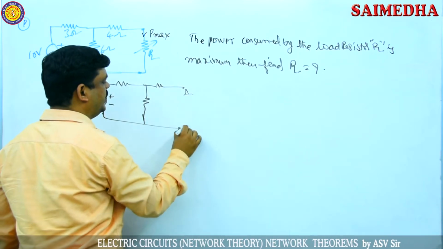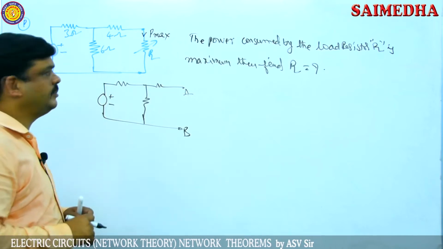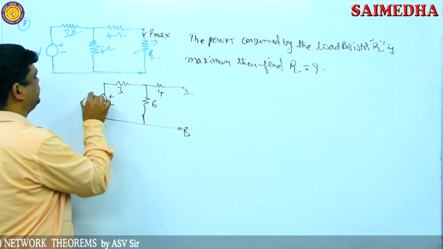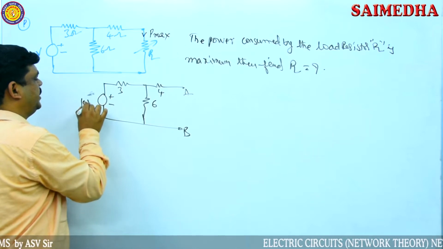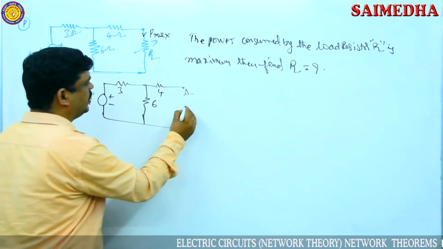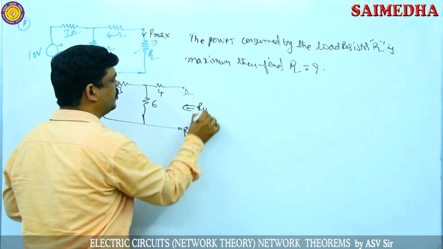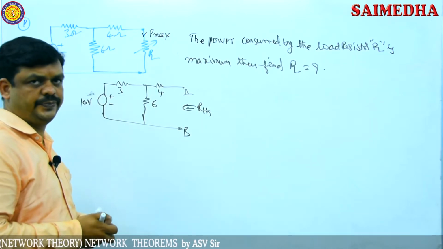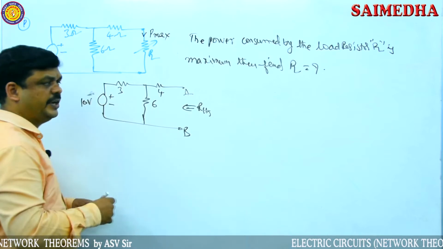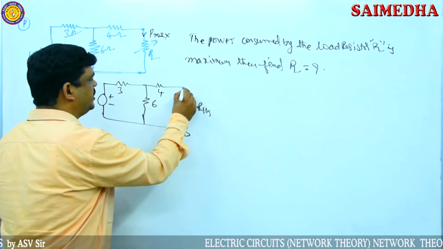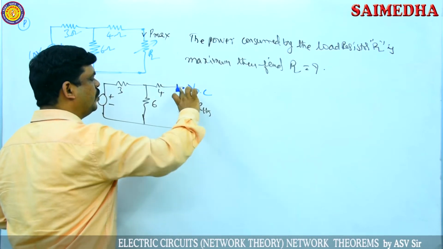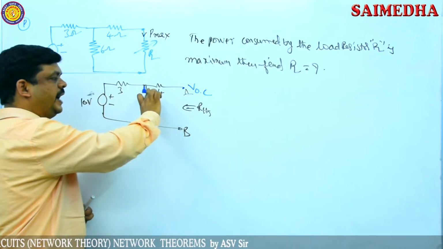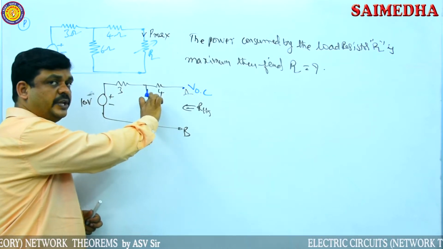Then the circuit acts as an open circuit load terminal circuit. So here 4 ohms and 6 ohms, and here 3 ohms is there, and this acts as a 10 volt source. Then find Thevenin's resistance and Thevenin's voltage of this circuit, meaning convert the complete circuit into Thevenin's equivalent circuit. To do that, initially I am finding Thevenin's voltage. Thevenin's voltage is nothing but VOC, the open circuit voltage, the voltage across these 2 points, which is nothing but the voltage across 6 ohms.